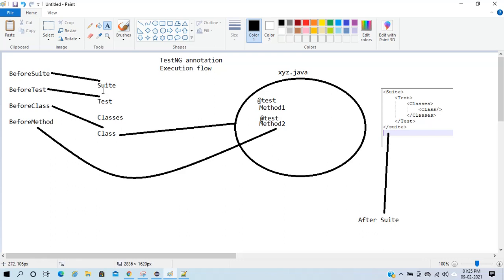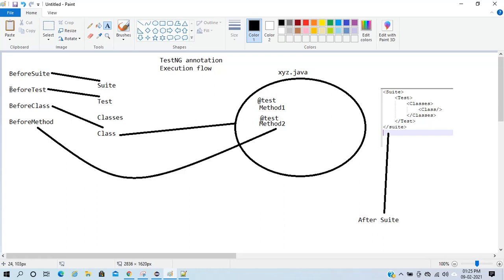So this is all about testng now, just an overview of testng. There are actually a couple of other things. Testng itself is very vast, so I will be covering testng in a different series, but in order to understand the Cucumber testng execution flow, I have to cover this as well.